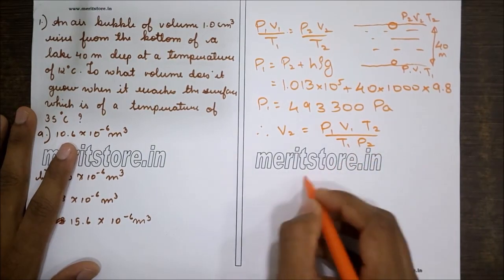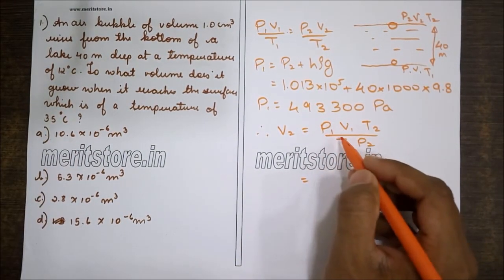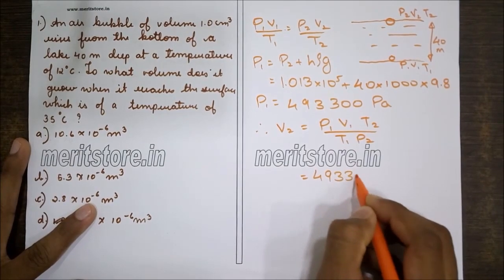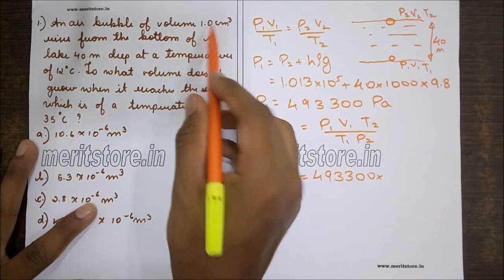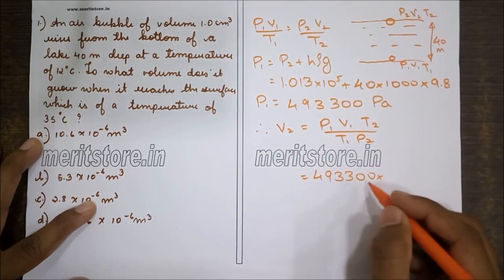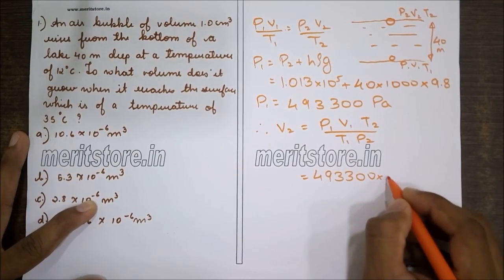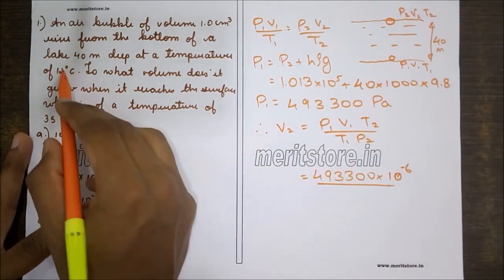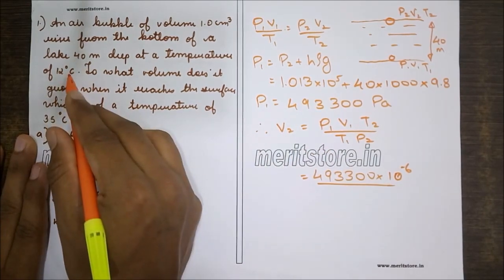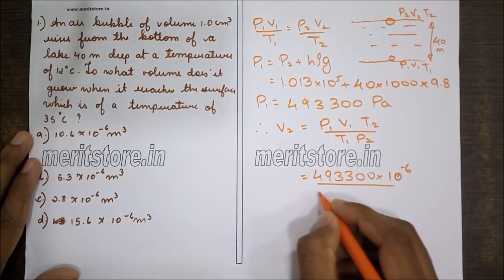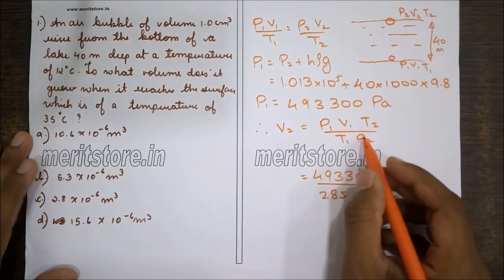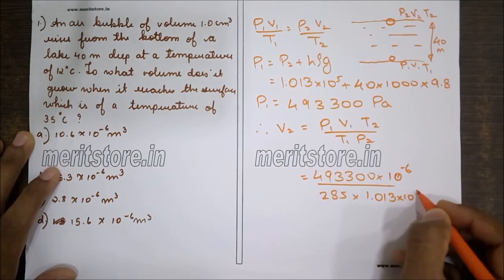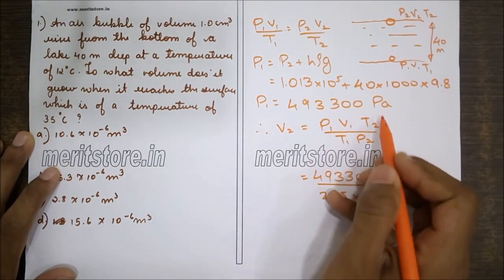Now let's substitute these values. So 49 3300 times V1, the volume at the bottom of the lake, which is given as 1 centimeter cube. To convert into meter cube, it would be 10 raised to minus 6 meter cube, upon the temperature T1, which is given as 12 degrees Celsius. When we add 273 to it to make it Kelvin, we get 285 Kelvin, times P2, the pressure at the surface, which is 1.013 into 10 raised to 5 pascals, times T2, the temperature